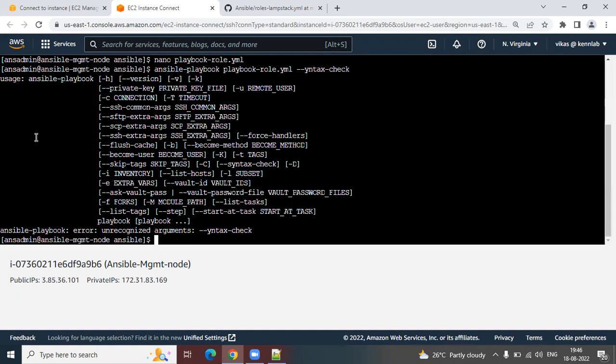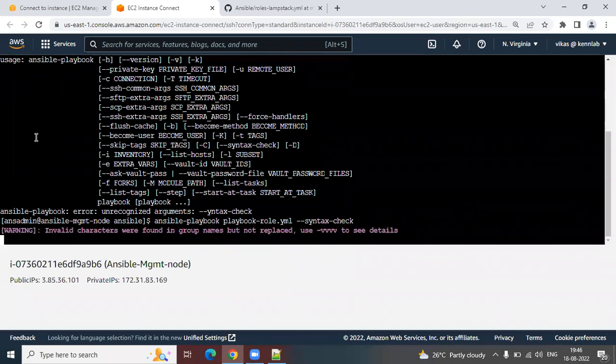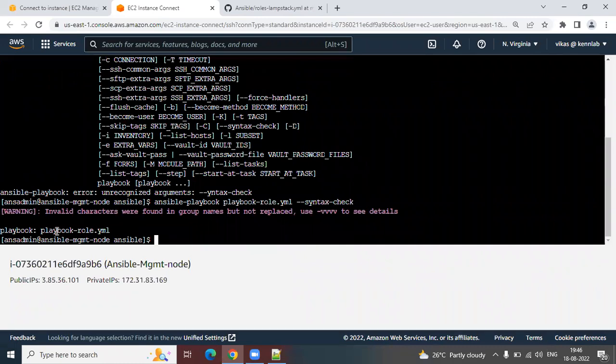Okay, there's some problem. Sudo, you have missed out. And in the syntax check also, the S is missing. This S is missed out. See, it is giving me the playbook role. Now if I execute it,